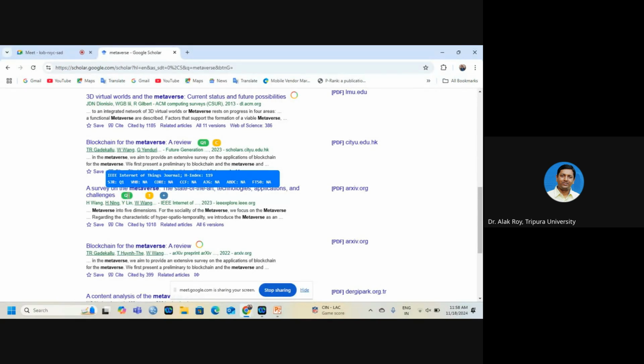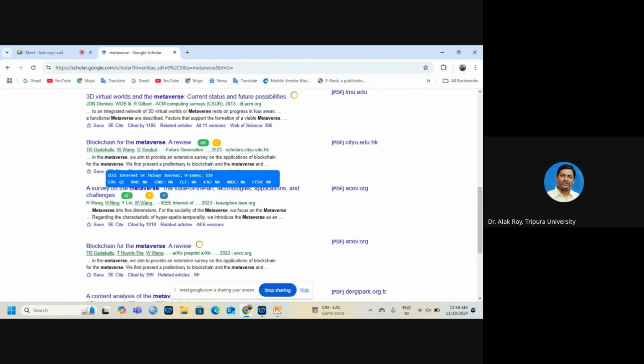So this means there comes a question: what types of journals or what types of articles am I going to consider for writing my assertion, for writing my logic, for writing my paper? What types of literature should I take? And this is going to be one of the very brilliant sources. Suppose you are working on artificial intelligence, augmented reality, virtual reality, or metaverse, or whatever area you are working in. And the first and foremost thing you are doing is a literature review.